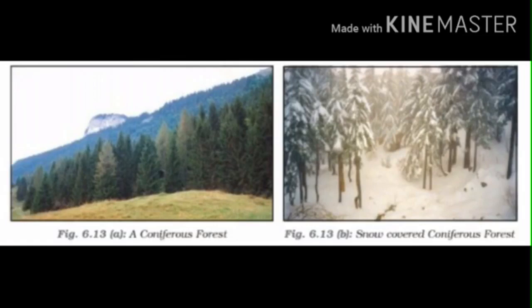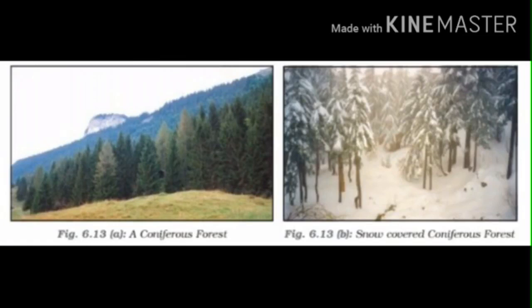Coniferous forests are found in the northern hemisphere between 50 degrees to 70 degrees north latitude, especially in southern Canada and Russia, Norway and Sweden. Okay, children, what are the animals present in coniferous forest? Yes, mink, polar bear, then silver fox, reindeer, muskrat, and so on. These are the main animals found in coniferous forest.